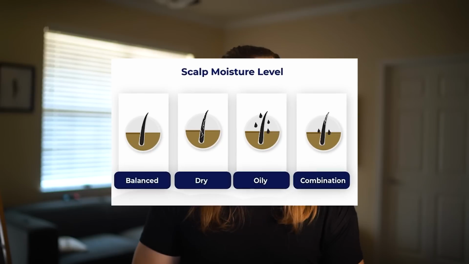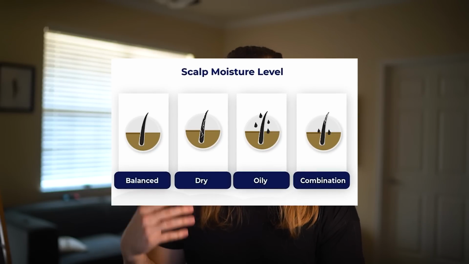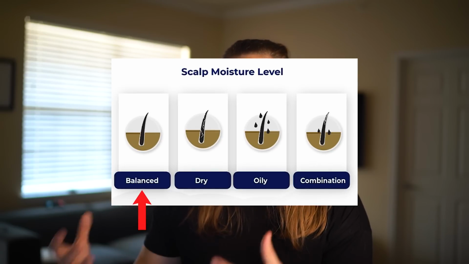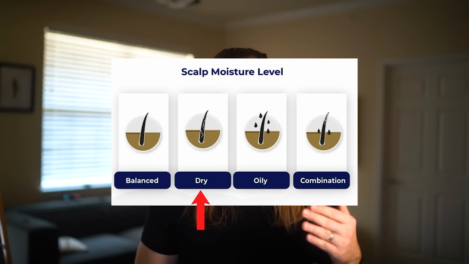To figure out your scalp moisture levels, see how quickly it takes your scalp to become greasy after you shampoo. If it's greasy in 24 hours, try changing something. If it takes 3 to 5 days before your sebum builds up after shampooing, I'd say you have a pretty balanced scalp. Now, if immediately after shampooing your scalp feels tight or dry and it's accompanied by dusty white flakes or it itches, then I'd say that you have a dry scalp and you should look into